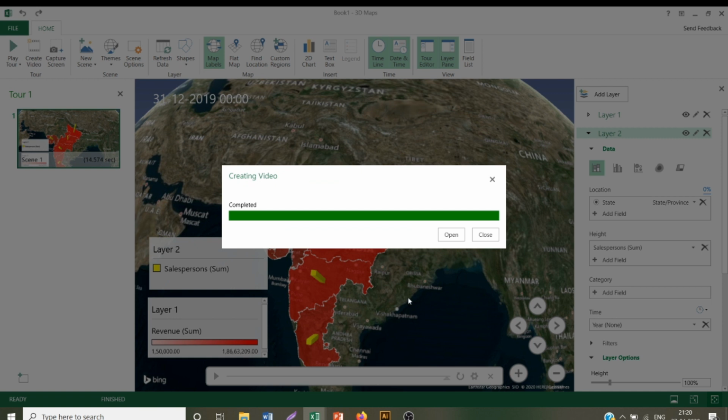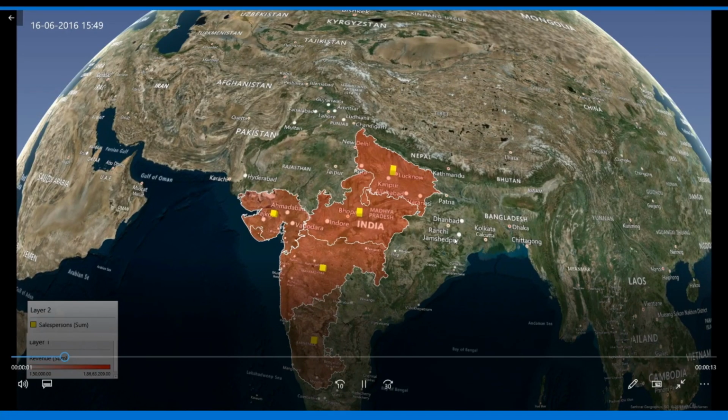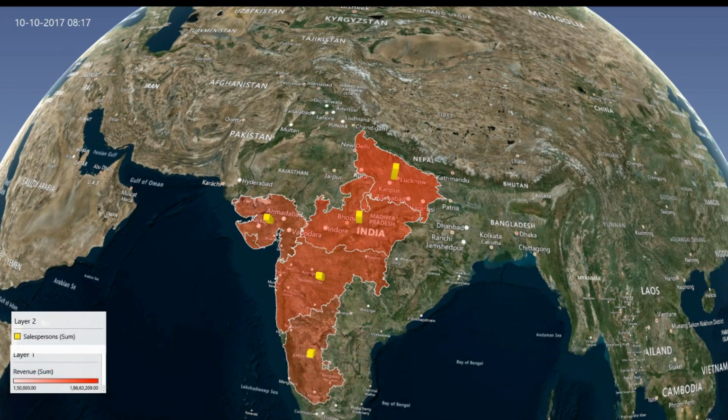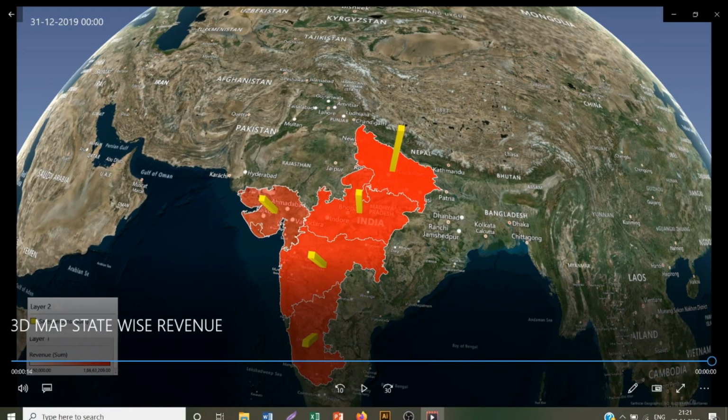Ta-da! It is done. Now I click on open. And this is how it will look. You can play more with the rotation of the globe as per your need.